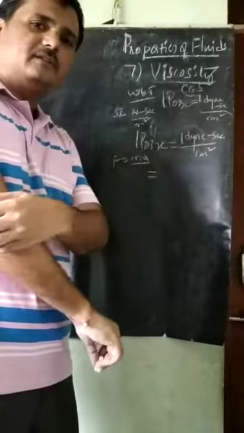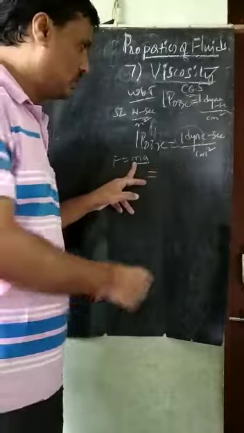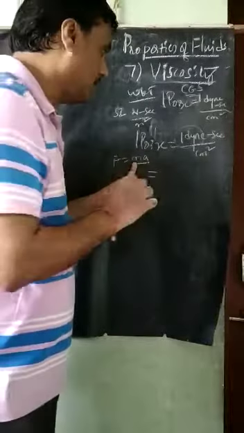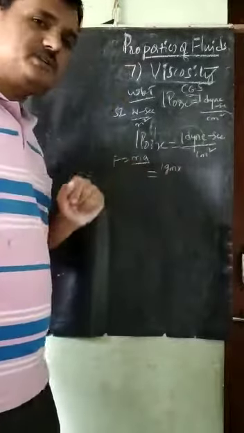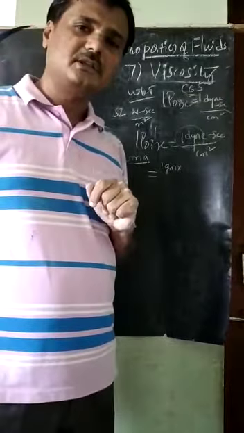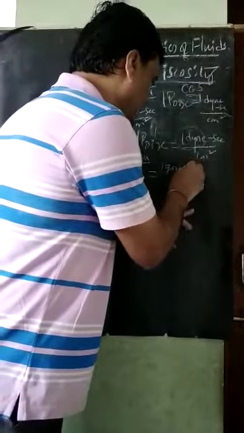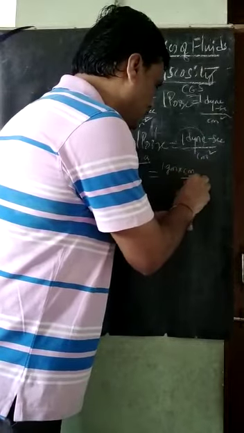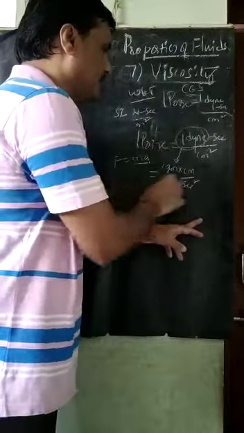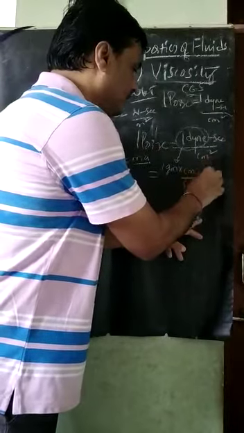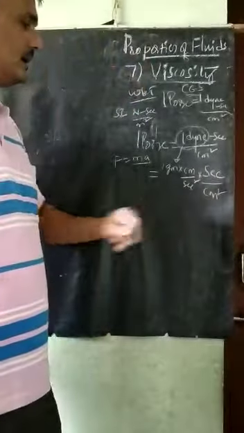Dyne means it is a force in CGS. In CGS, what is the mass here now? The mass is gram. So therefore it is 1 gram into acceleration. What is acceleration in CGS? Acceleration in CGS is centimeter per second square. This is about dyne in CGS. Next, into second divided by centimeter square, as it is I am writing here.